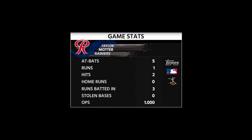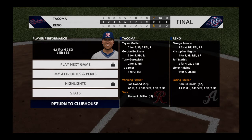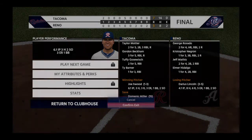7-5 tonight's final. Tacoma jumped out to an early lead in the first and never looked back. Bronco Buckeye earns his first win of the season. So that just about